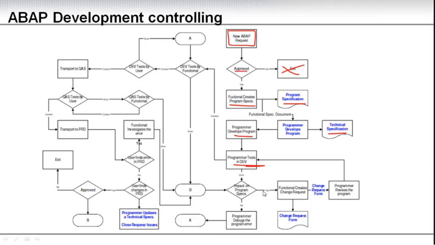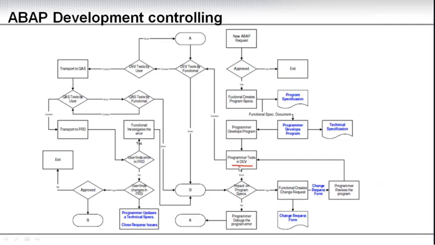And if there is an error, if it impacts the program specification, you need to go back and you might need a change request. But you need to document it. So you might go through a change request form and you need to change that, and then you can go back and test it again. So this part is basically, you go back up here. So enforce this very strictly. But let's assume that